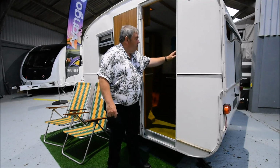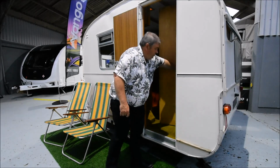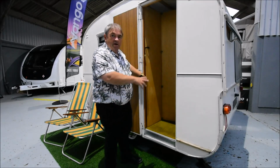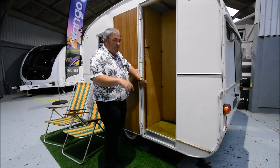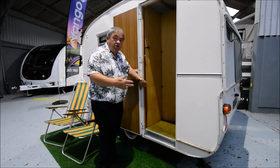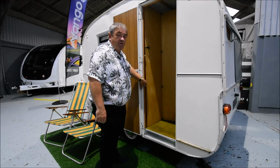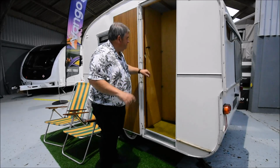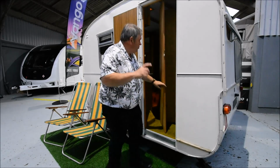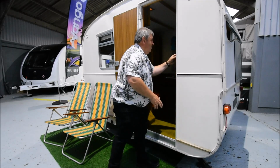So watch this. You open the door like that, and then that doubled like that. That's your toilet compartment. Now what you must remember, of course, is this door had to be obviously shut and also locked from the inside, otherwise somebody could have had a bit of a nasty surprise on either side should the door not be locked. So that was the way they did the toilet compartment to make it bigger back then. And also, before I just go in again, put the lock back on,